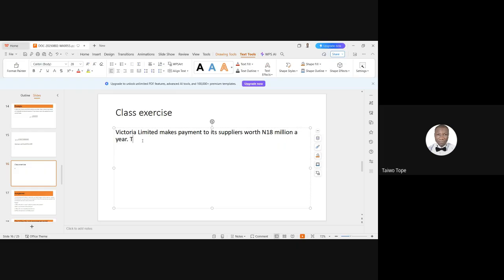The transaction charge of 150 naira will be paid each time